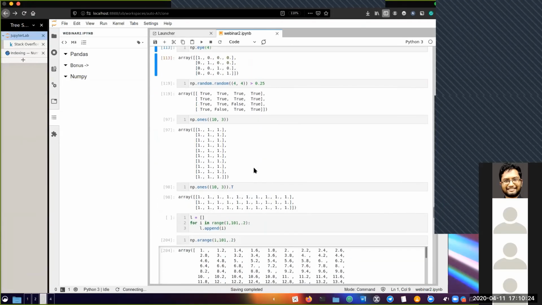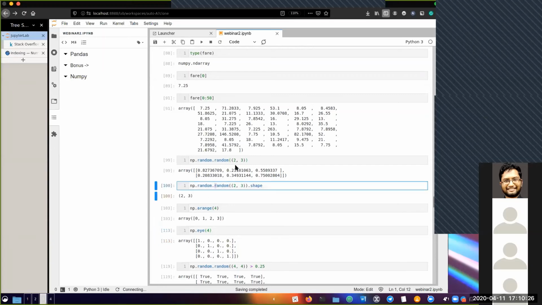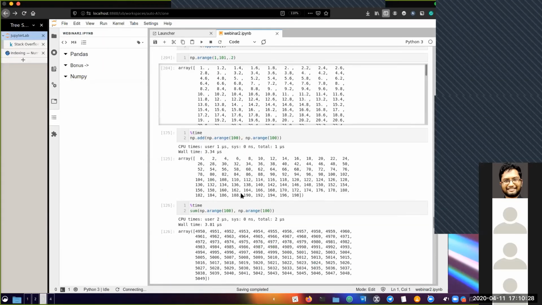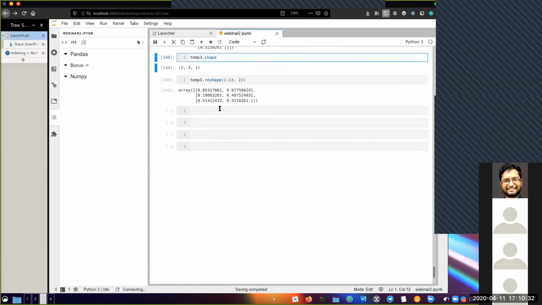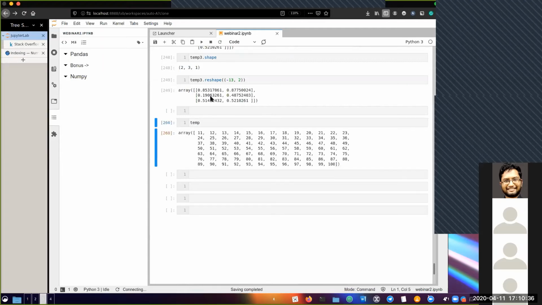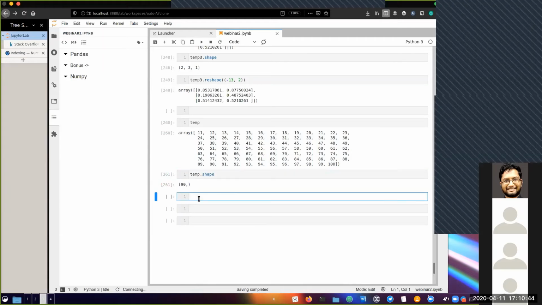So let me repeat that once more, then I'll get back to this. While I'm doing a reshape, let's take the previous thing. Let's take temp since we were working with it. We have temp, and we also have the shape of temp, which is 90. Now, if I want to reshape this to some other value, say 2 comma 30 comma something.